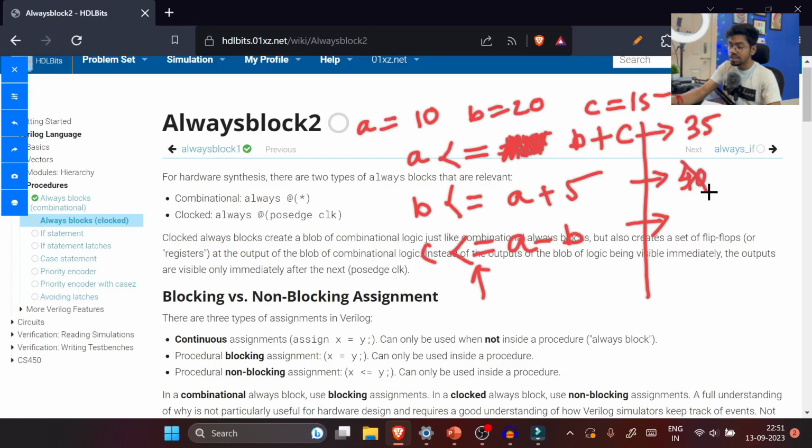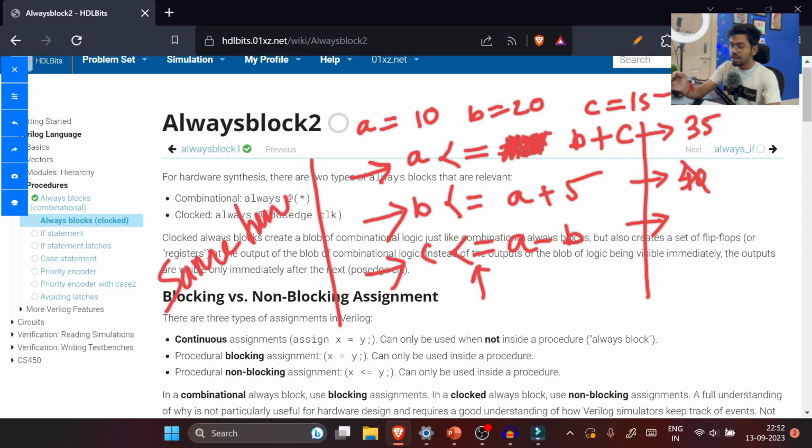But no, brother, or sister, it's not 40. It would have been 40 if it were a blocking assignment. We were using a blocking assignment, because the second line will only get executed once the first line's execution is done. But as it's a non-blocking assignment, the magic is that all three lines are going to execute at the same